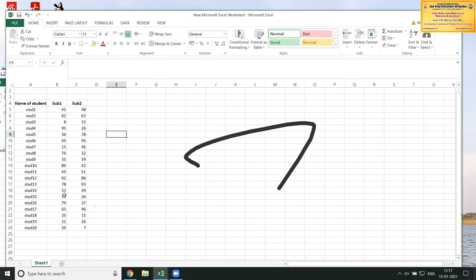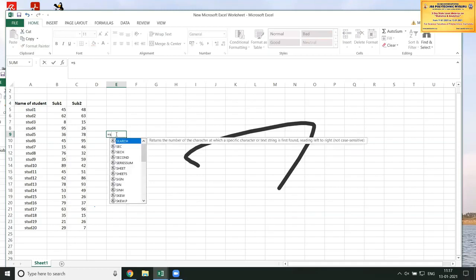Okay, so for this, I have to calculate the standard deviation. We have a built-in function to calculate the standard deviation here. The built-in function is equal to STDEV, and here you will have two options: one is DEV.P and the other is DEV.S. S is for a sample: if in this data set you're taking only a few values and calculating the standard deviation, then we take .S. If you're taking the complete values, then we take .P, that is population.